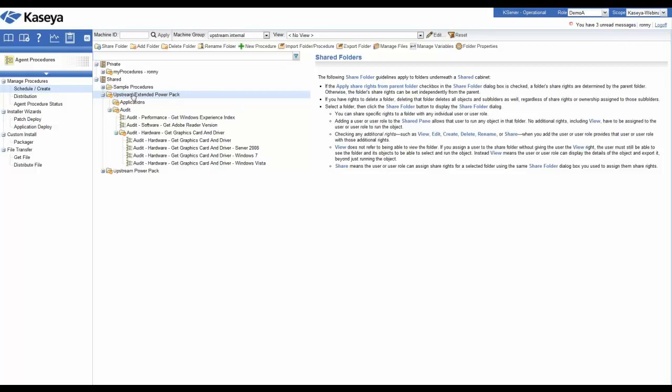You have to actually set up values within Kaseya or upload files to the Kaseya system to make it work. But it will always be documented how to do the actual customization. Okay, I think that covers the Upstream PowerPack when it comes to